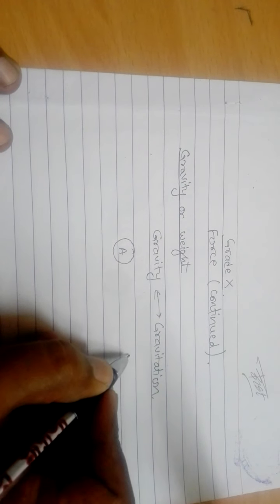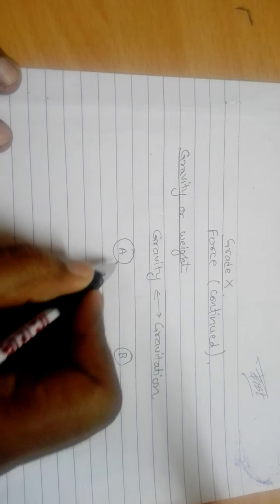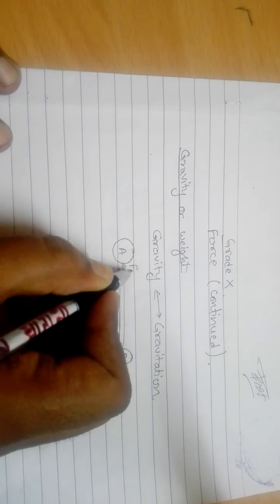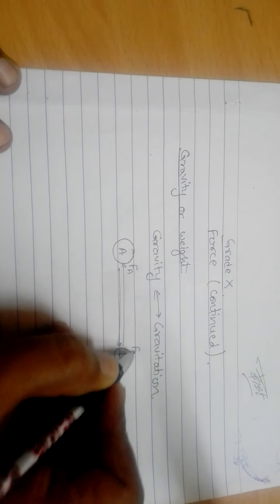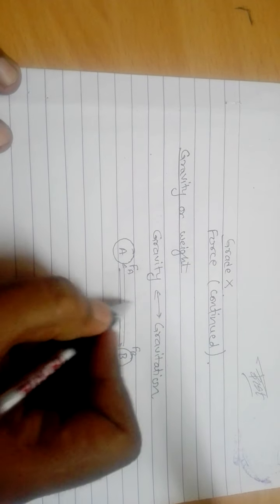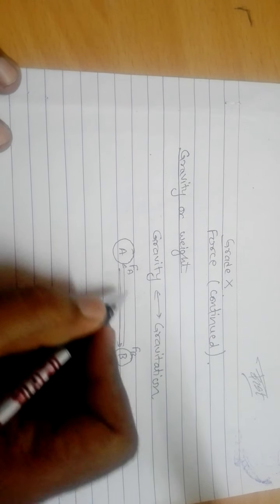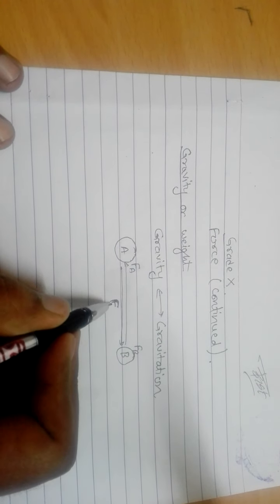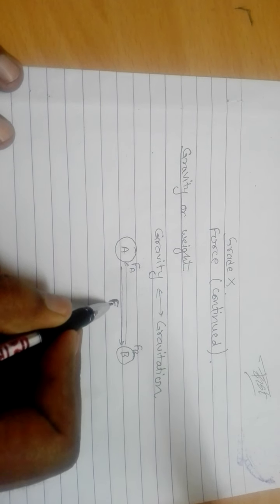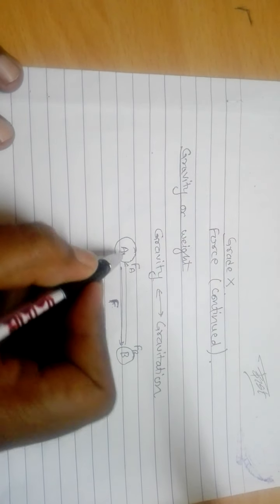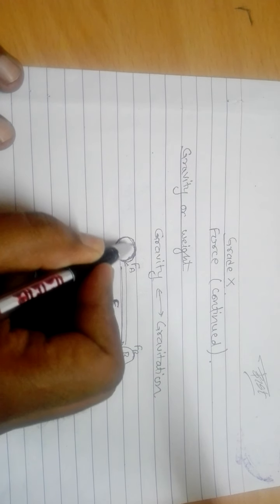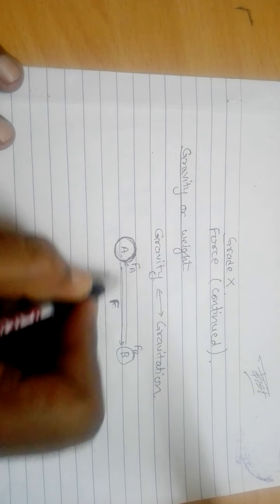Like, this is planet A and this is planet B. Now, what amount of force exists between both of them? We know that planet A applies some amount of force and planet B also applies some amount of force. The aggregation of these two forces, the interaction force between these two planets, is the force of gravitation. So gravitation is a phenomenon. But gravity means what amount of force is applied by one of the bodies to attract another object.